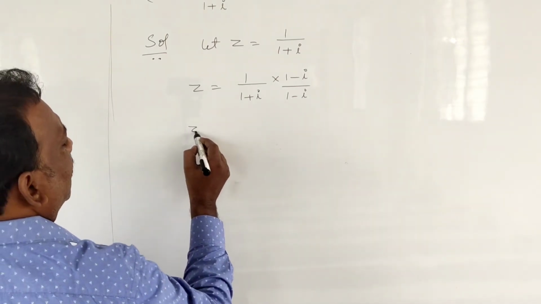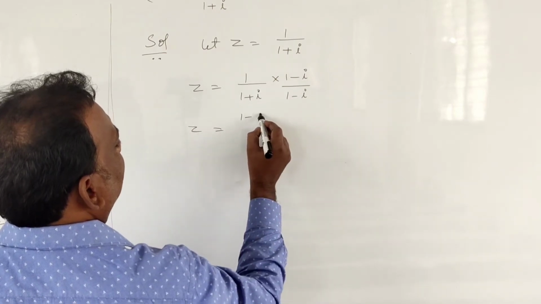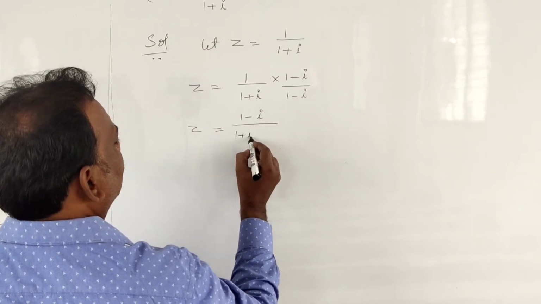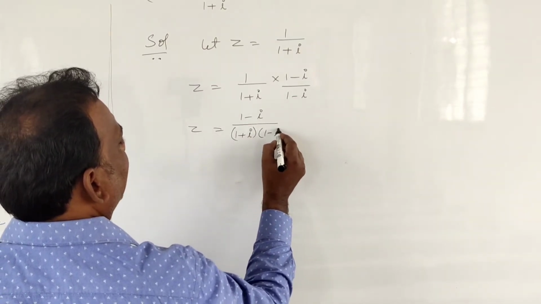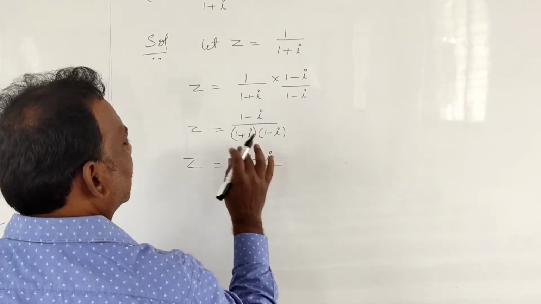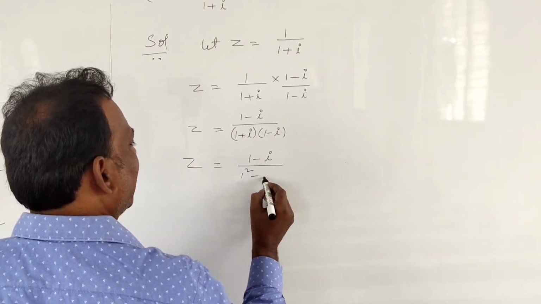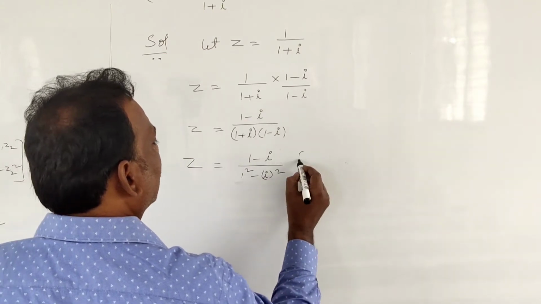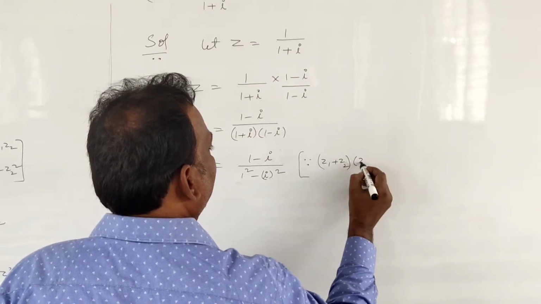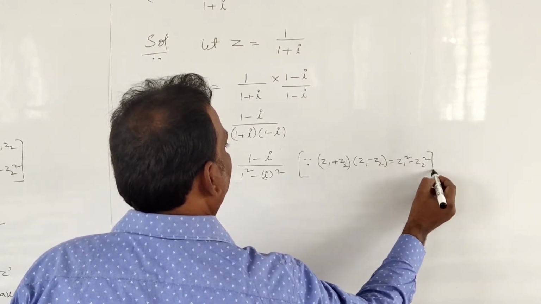So after that what do we have to do? Multiply these two and these two. So 1 into that complex number, you will get 1 minus i only. This is a plus b into a minus b, so 1 plus i into 1 minus i. So you can simplify more: 1 minus i upon z1 plus z2 into z1 minus z2, which is z1 square minus z2 square. So which formula did we apply here? z1 plus z2 and z1 minus z2, which is equal to z1 square minus z2 square.